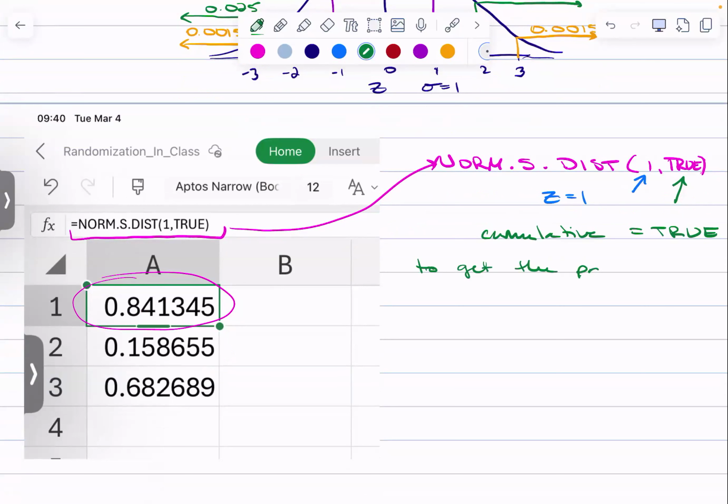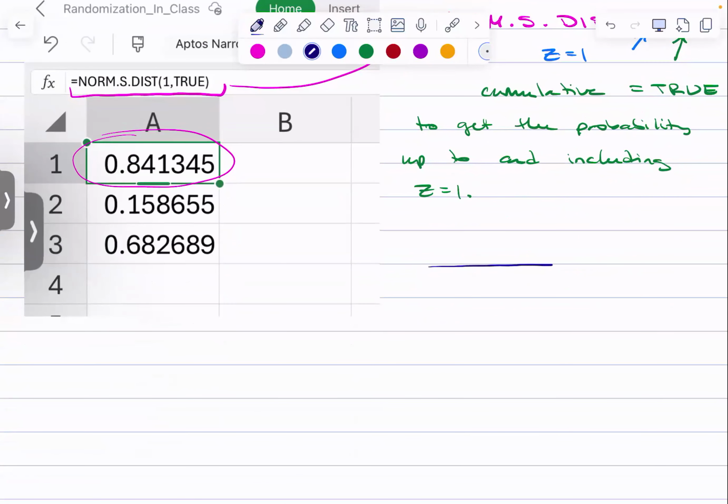To get the probability up to and including z equals 1. Usually in a normal distribution, so on a continuous scale, you don't need to worry about z being less than 1 and greater than 1. You can just pick it up at 1, okay, because the area at any singular point is 0, right? Because there's no width, right? And so by that, we can say, okay,